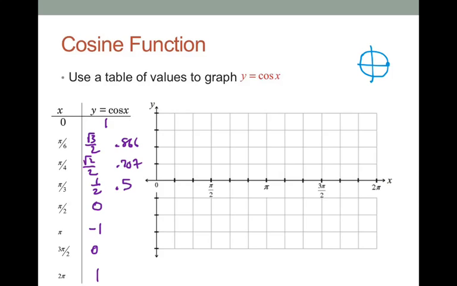Okay, then I stopped going for the little medium angles. I just went for pi over 2, and then pi, and 3 pi over 2, and 2 pi. So I didn't plot as many points for the cosine function. Let's see what happens if we could